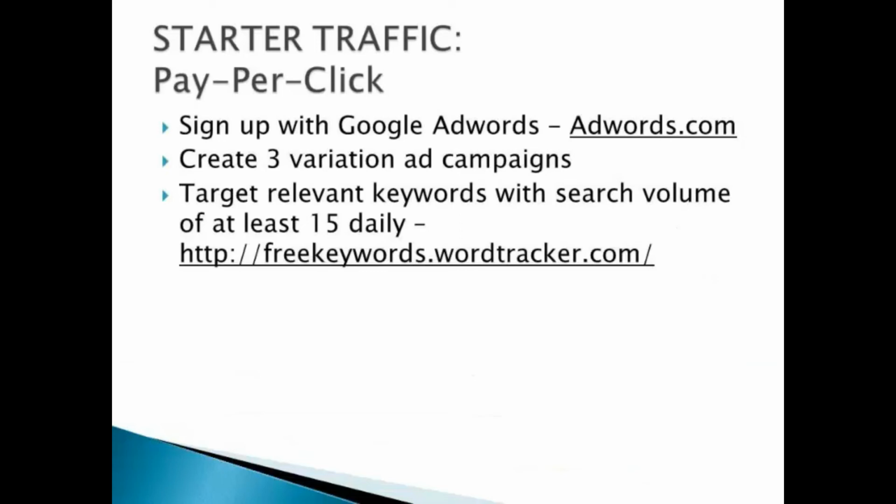Starter traffic, pay-per-click. Sign up with Google AdWords, adwords.com. Create 3 variation ad campaigns. Target relevant keywords with search volume of at least 15 daily. freekeywords.wordtracker.com. The first traffic generation method that you can pull off right away is a popular choice among marketers because